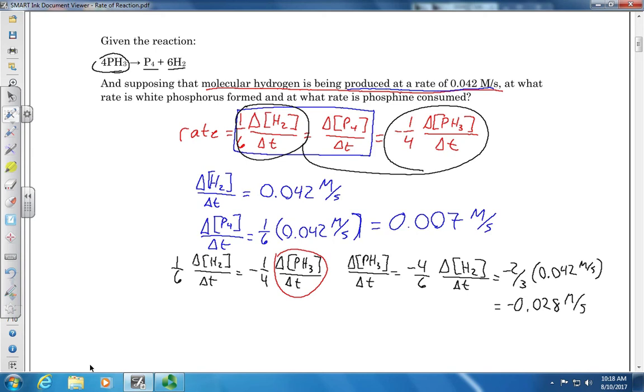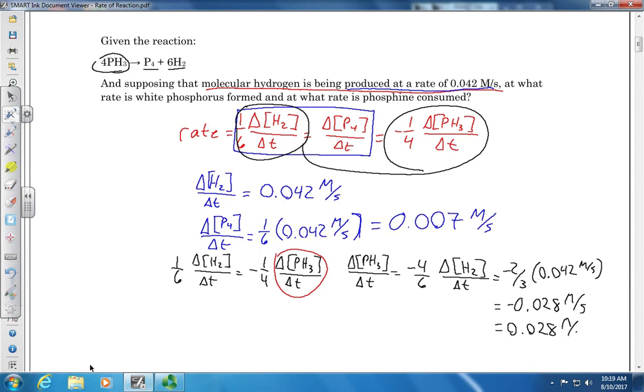But it is asking at what rate is phosphine consumed. Now, if it was asking at what rate is phosphine changing, you could leave the negative. But when you're saying phosphine is consumed, you're kind of implying that it's the absolute value of whatever you get. At the same time, you can look at the rate at which white phosphorus is formed. It's not asking for the change, it's asking for the rate at which it's formed. So that would be the absolute value. The absolute value of a positive is just a positive, but the absolute value of a negative is also a positive. So for this one, our actual answer is going to be positive 0.028